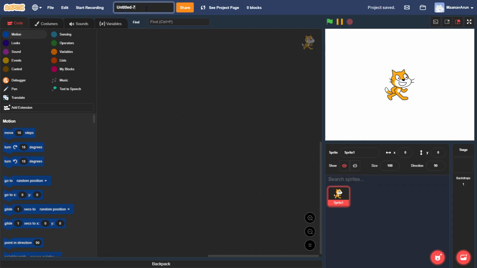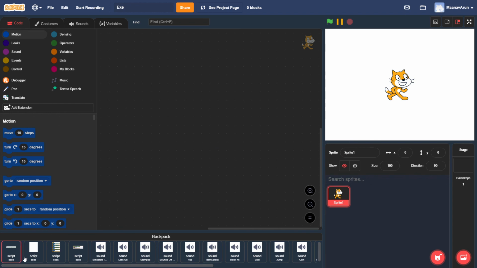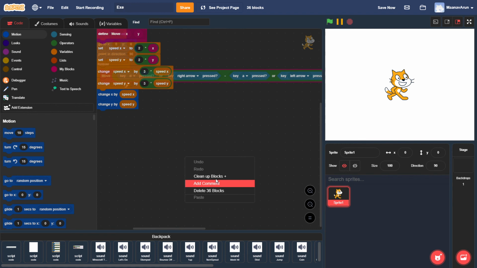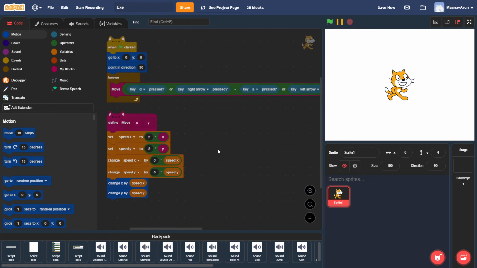So I'm going to create a new project. You can name it whatever, I'm just going to name it EXE again. And we'll be using the Scratch Cat for this one, mostly because there isn't much else. And if we just simply drag these two scripts out of our backpack and clean up blocks, because that looks like a mess, and start the project,